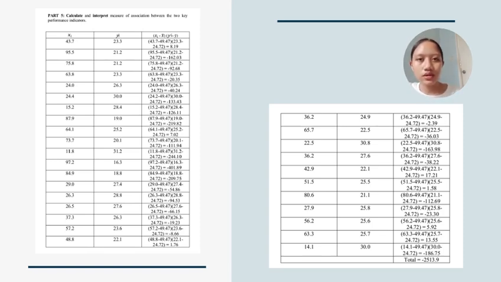If we take all the data from the production cost and the profit margin and multiply them, we get the total, which is negative